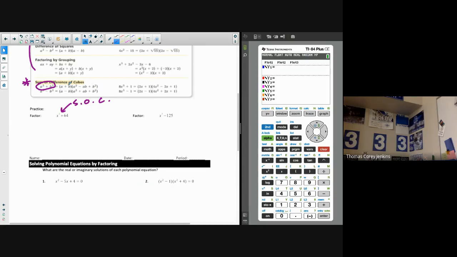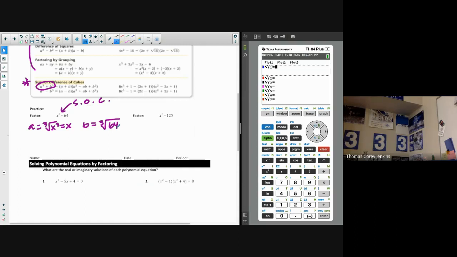So a is the cube root of the first term, b is the cube root of the second term. So a is equal to the cube root of x cubed. That would just be x. All right, and then b is going to be equal to the cube root of 64,